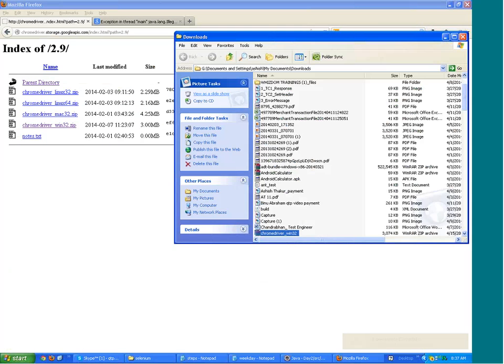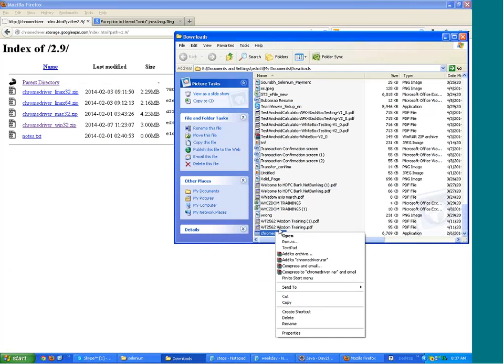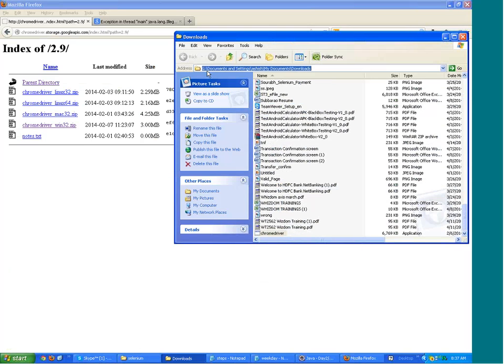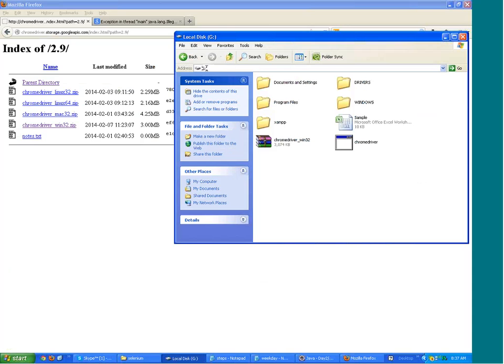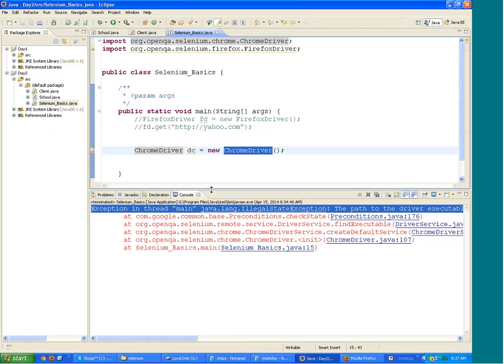Right, and extract it. So it's over here. I'll just cut it and paste it in my G drive. This is the ChromeDriver.exe file. You don't have to execute this file. You will not get anything by executing this file. You have to keep it in the system path. You have to write over here